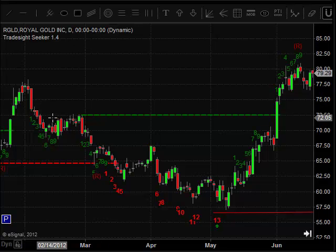What we're going to do is take a look at the recent signal that we got. This is back in May, alerting us to start preparing to be long of RGLD after a fairly decent decline. We had a series of drops here, but the most important of which was this Seeker countdown right here, which are the candles that are numbered with the red numbers. We got all the way from 1 to 13, and we got our Seeker exhaustion buy signal here in early